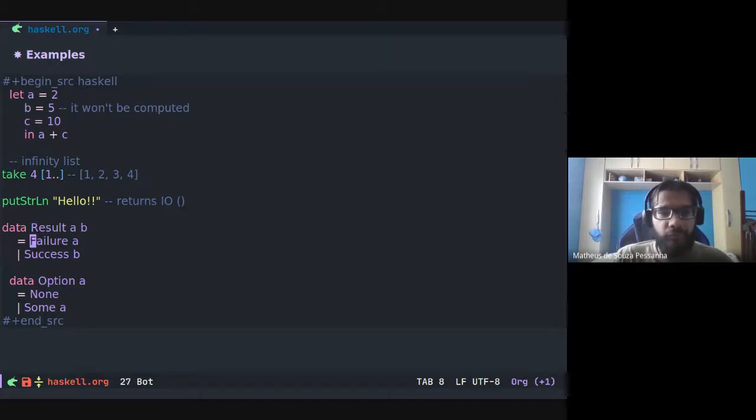The first constructor is the failure, or Left, that represents an error in your application and receives the type A. And the Right side, or the success type, receives the second type B. And also the monad Option, which can be called Maybe, that returns None or Nothing, or Some, or Just, that represents a value.